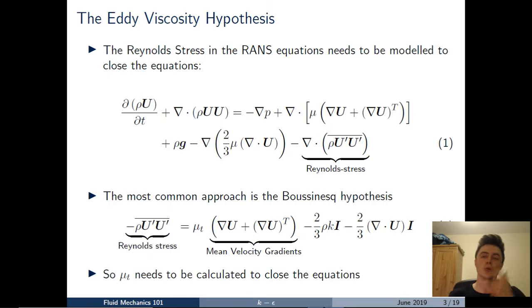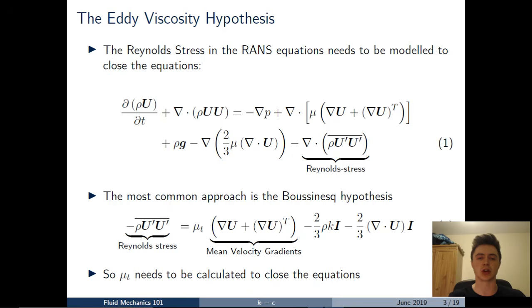So just to start things off with a brief reminder of what the k-epsilon model's function is, we're going to start with the Reynolds averaged Navier-Stokes equations, or the RANS equations, which you see there in equation 1. And just a reminder that in the RANS equations we have this additional term, the Reynolds stress on the right hand side, which arises from the Reynolds averaging process. The Reynolds stress is the product of the two fluctuating velocity components averaged, and then we take the divergence of that term, and that gives us this additional Reynolds stress term, which is an unknown in our RANS